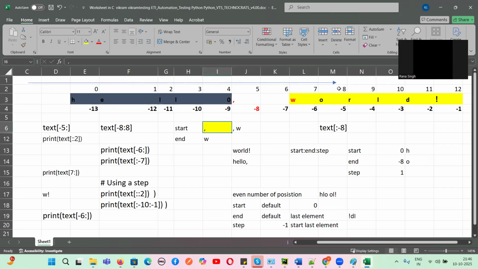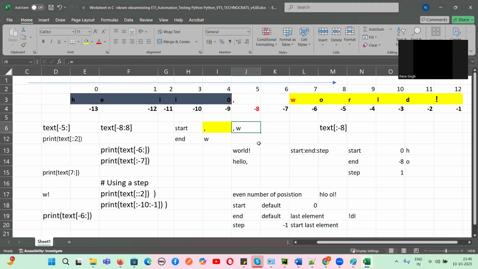No. Eight position is not included if we have mentioned the last word. We have mentioned this last word, so we cannot include this O, and then we will include this W. Do you guys get the clarity? So the output will be comma W. Do you have any doubt, guys? Tell me, Mukesh. Yes, sir. Dinesh, yes or no? Are you getting some idea